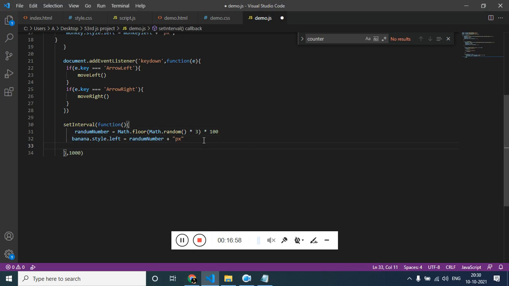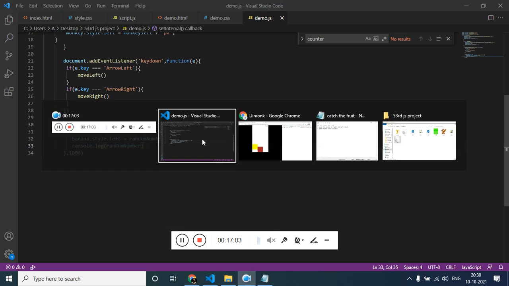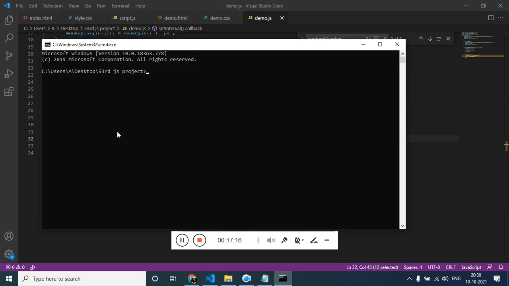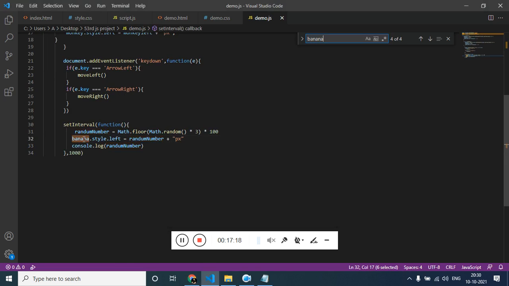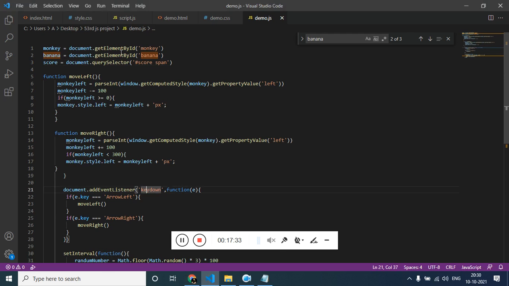Let's first make this console.log and check. Refresh it. 100, 0, again 0, 100. So it's not getting applied. Banana, let's check whether we have the ID. Okay, it's there, but you can see multiple name is there. That's the reason it got error. Now 0, again 0, now it's 100, 200, now it's working. Cool. Let's make this 2 itself.